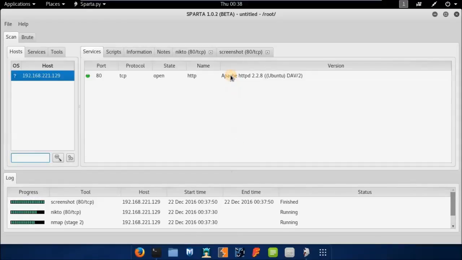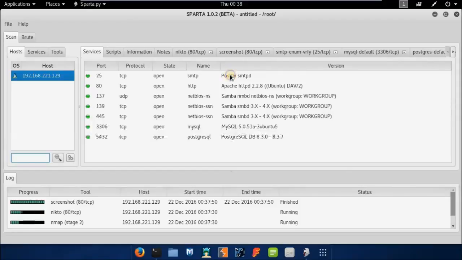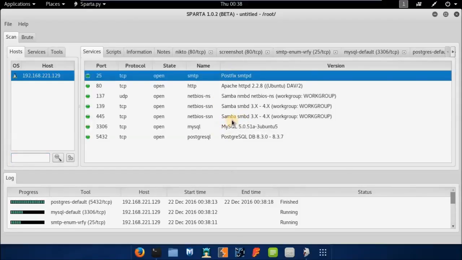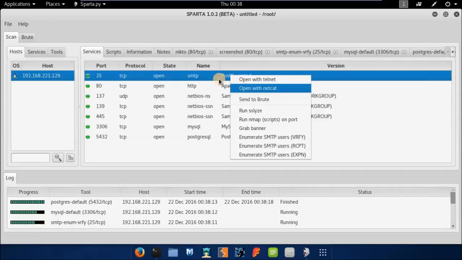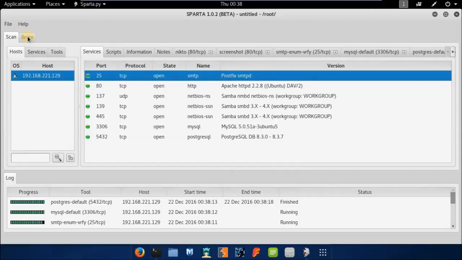Okay, so let me navigate through this one, and simply right click this one, any services it has just found, and you can be presented with a lot more options like open with telnet and open with netcat, send to brute. This is really a great feature that whenever you send to brute option, it will be just being in this tab,